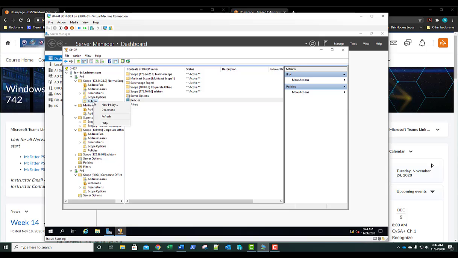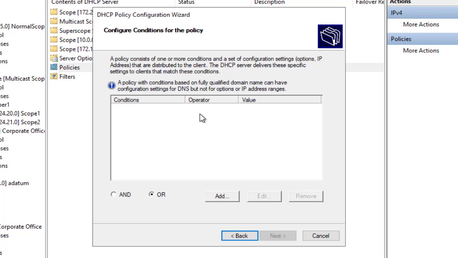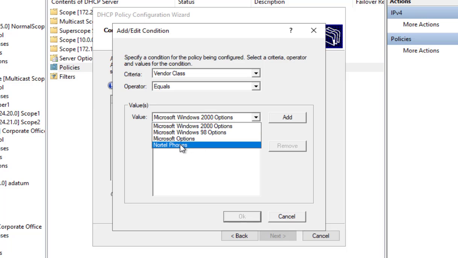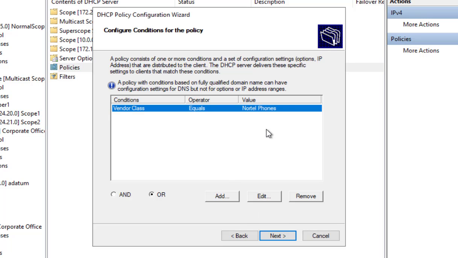I'm going to right click within my normal scope. We're going to create a new policy. We're going to name that policy Policy 1. We'll click Next. And for the conditions, we're going to add a new condition. Under that Add/Edit Condition dialog box, we're going to select the following. Vendor class equals, we're going to click our drop down right here under Values, and we're going to select the Nortel phones. We'll then click Add. We can see it's been added in here. We will then click OK. We have now added a condition. We can now click Next,